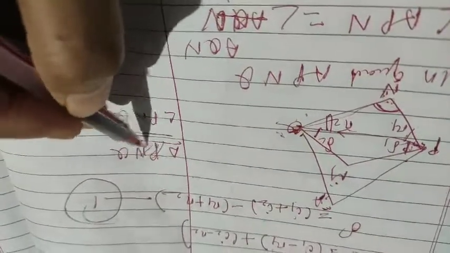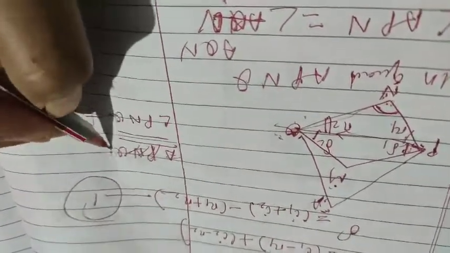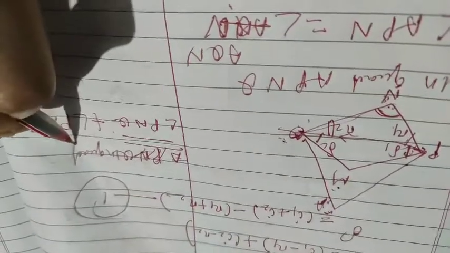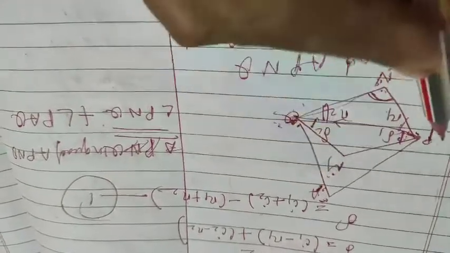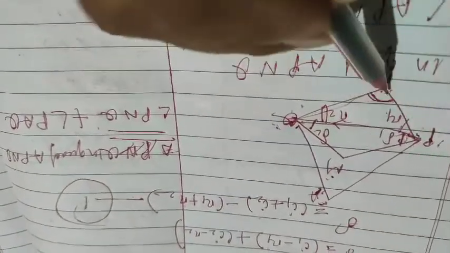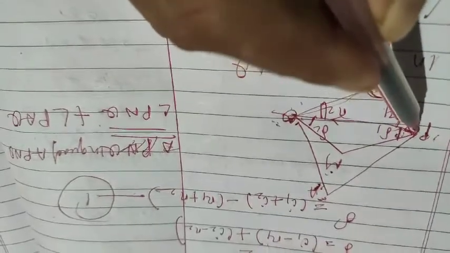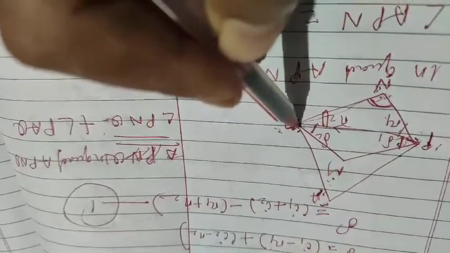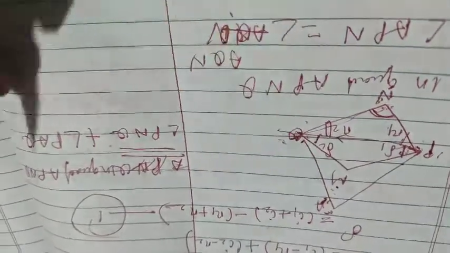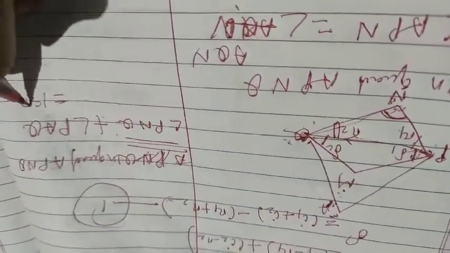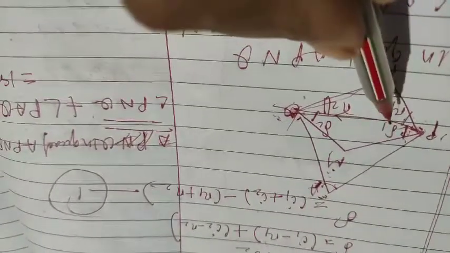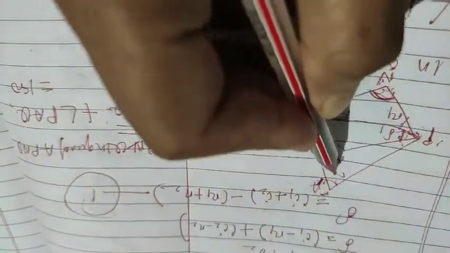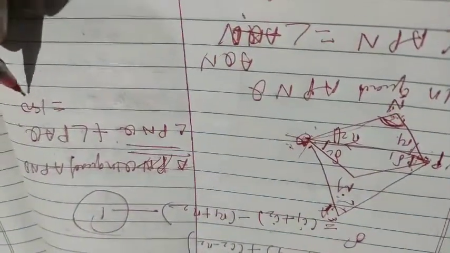So you will write in the quadrilateral instead of the triangle, because we cannot take the short chord. Let us go to the long chord, APNQ. In quadrilateral APNQ, one is PNQ, another is PAQ, and the sum of these two angles is 180 degrees. Suppose this angle plus this angle is 180 degrees, then this plus this angle is 180 degrees, meaning 360 degrees. Clear? So I will consider angle N with angle A. These two angles sum to 180 degrees.